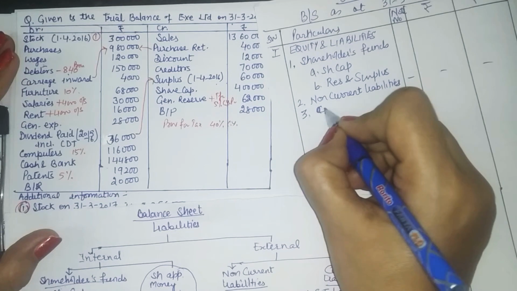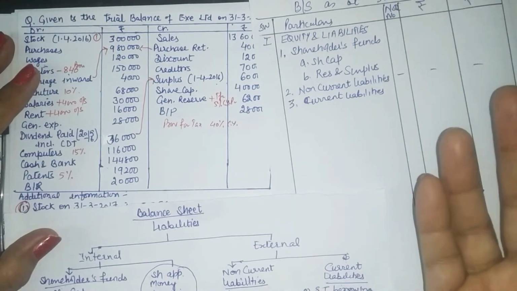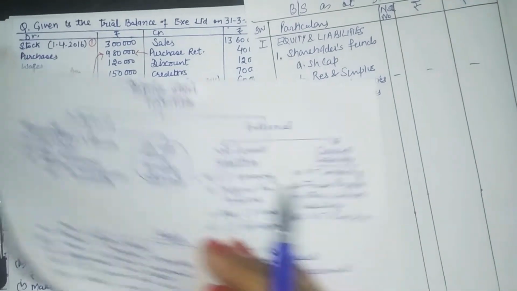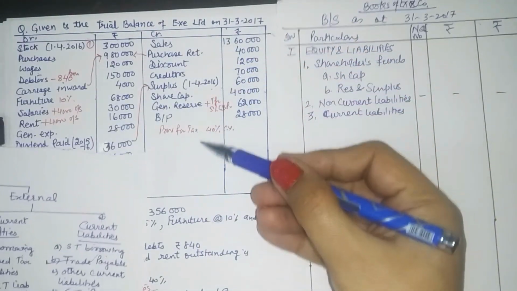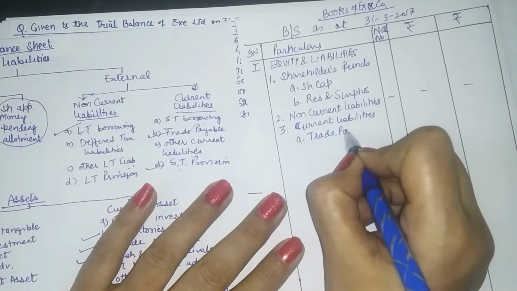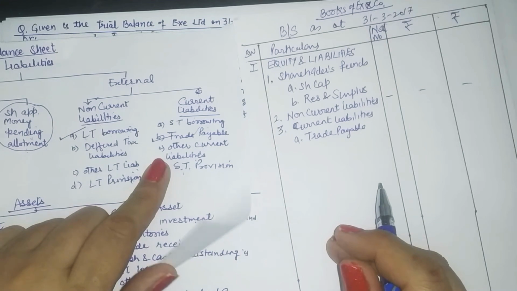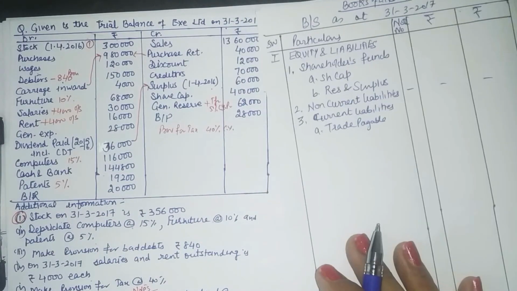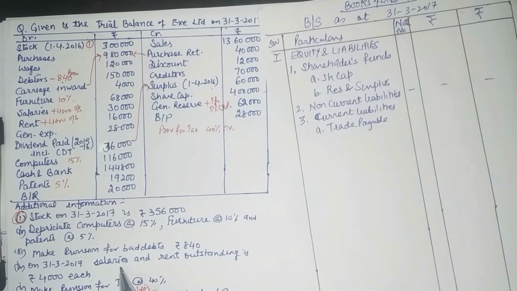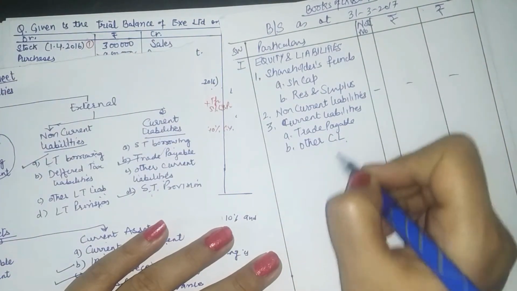So the third category is current liability. These are three main categories, but if any category does not have any amount, we can leave that also. Now in the current liabilities, we have short-term borrowings. When we look at the credit side, we don't have any borrowings. Then we have trade payables, of course. Then other current liabilities, which include outstanding expenses, income tax payable, CDT payable. So you have here outstanding salary and rent. It means we need to record other current liabilities as a subcategory.